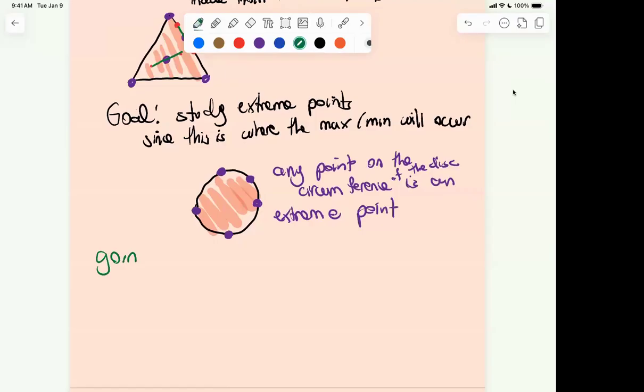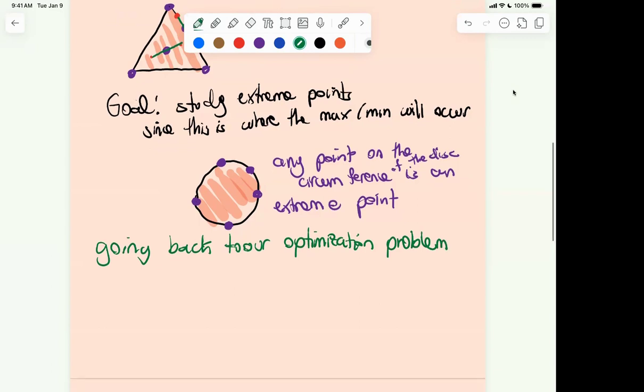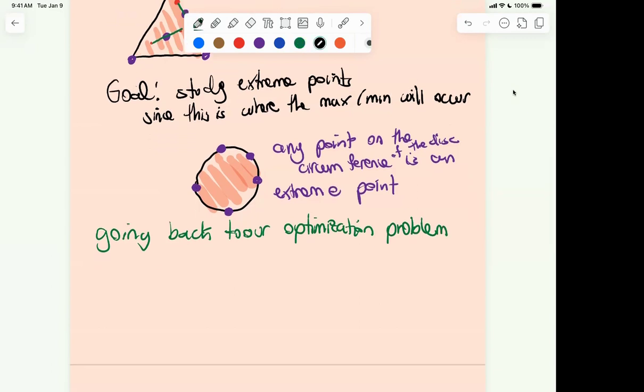going back to our optimization problem. So again, what we were trying to find, I don't remember the names for the farmers problem, but we were trying to find something like the max. I'll just put some numbers in before writing it in the more general format. We're trying to find the max of 3x plus 5y plus 6z,